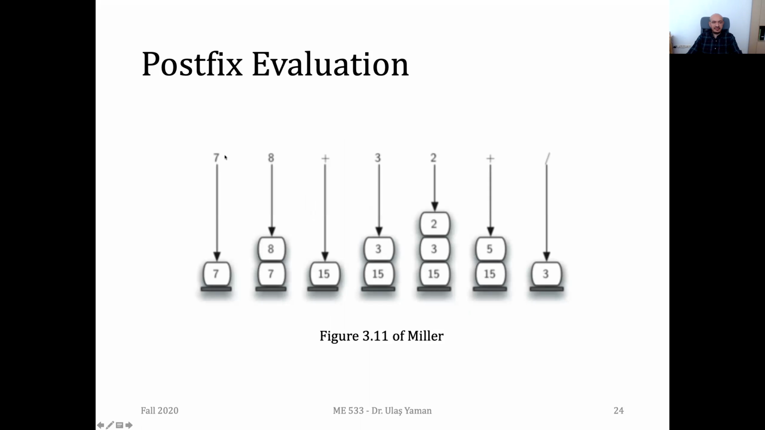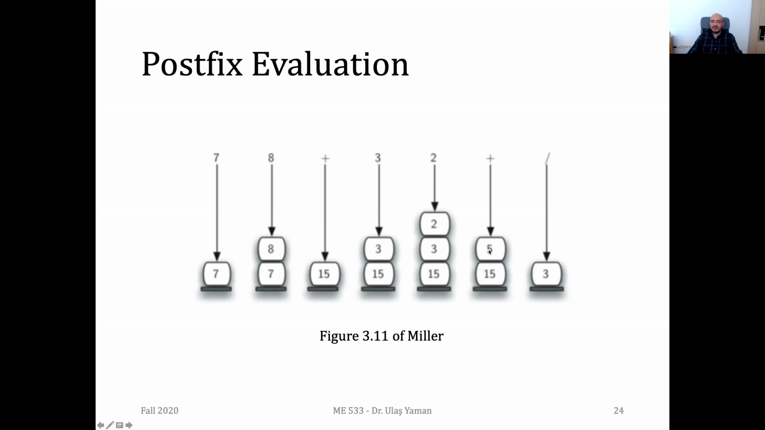Another expression: 7, 8, plus, 3, 2, plus, and a division operator. So we put the operands into the stack. Once you come up with an operator, you pop twice and do the math, and then while scanning again, as you see, we come up with some operands. We need to push them into the stack, 3, 2. Now we have an operator. So pop these values twice, 2 and 3, do the summation operation, and put the result back into the stack,